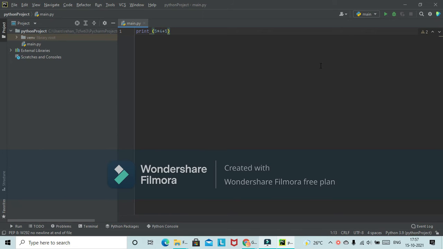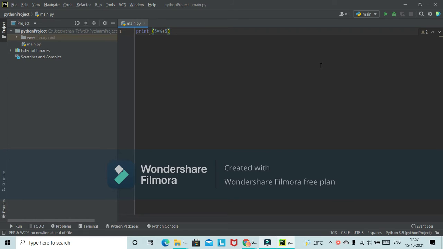For multiplication, if I run this program, it will show us 27.0. And if I want to make more complex equations, we can also specify the order of operations. I can use parentheses.